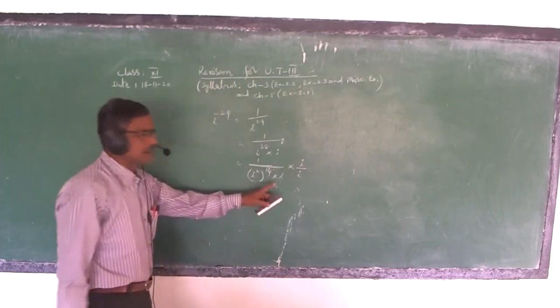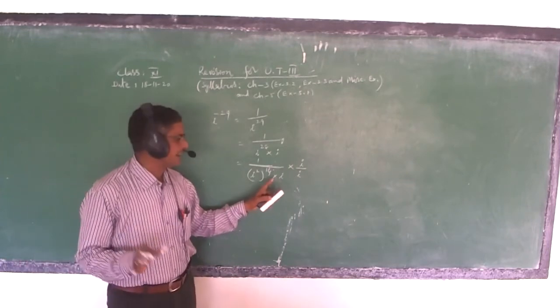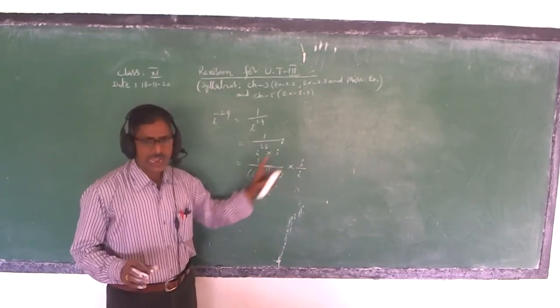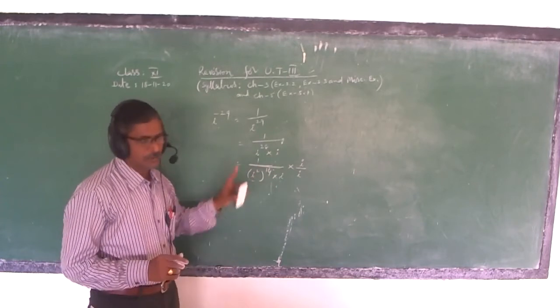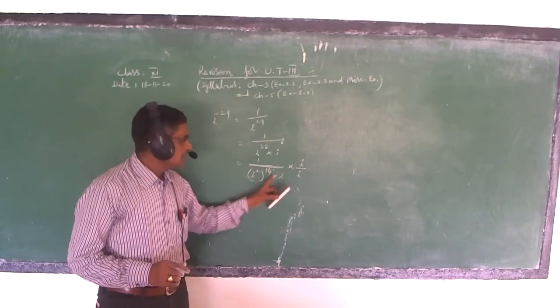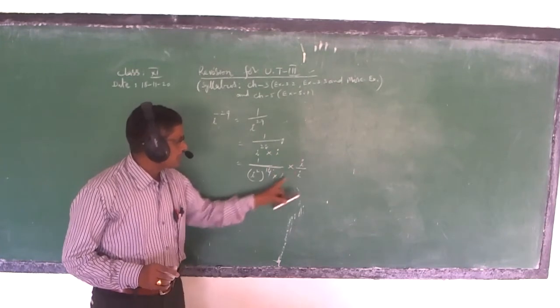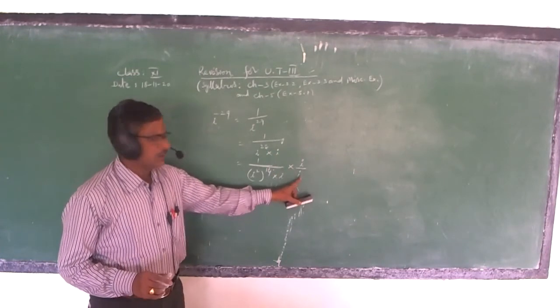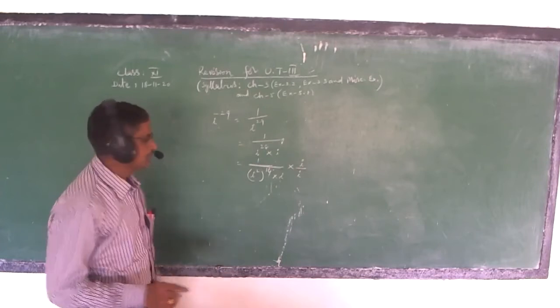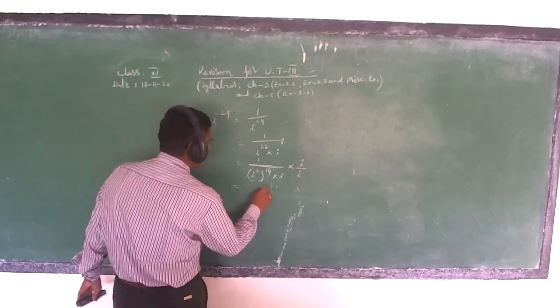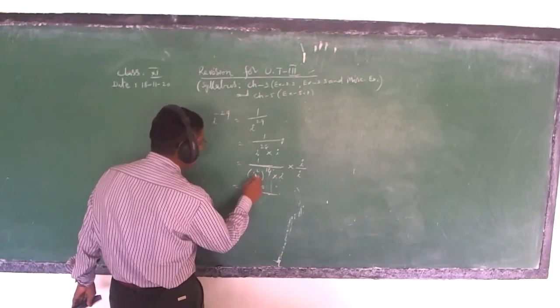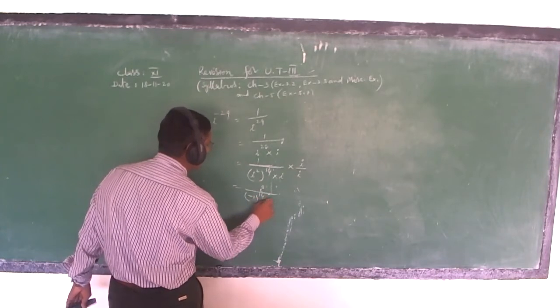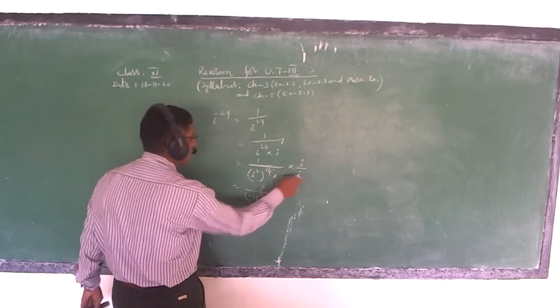That means we are rationalizing. Let us not say rationalization. We want to write i in the numerator, not in the denominator. So to cancel this i in the denominator, we have to multiply it with one more i. That is the reason we have to multiply the numerator also, right? So i upon numerator, denominator (i square value minus 1) whole power 14 multiplied by i square, i into i.